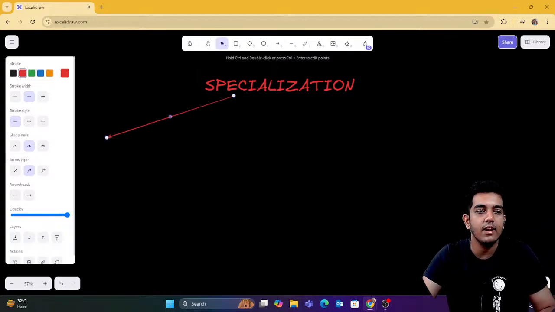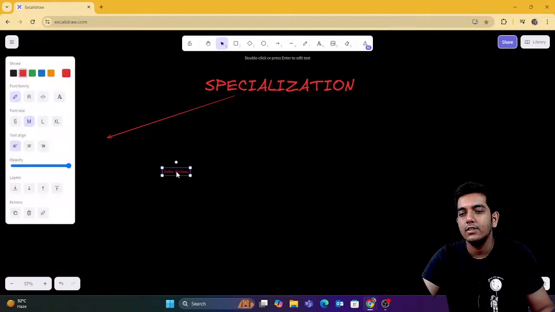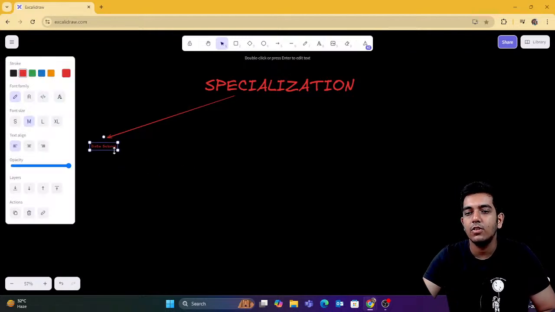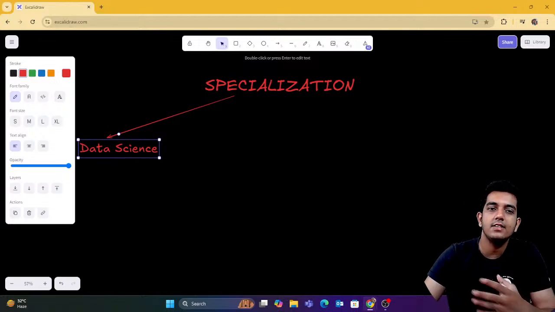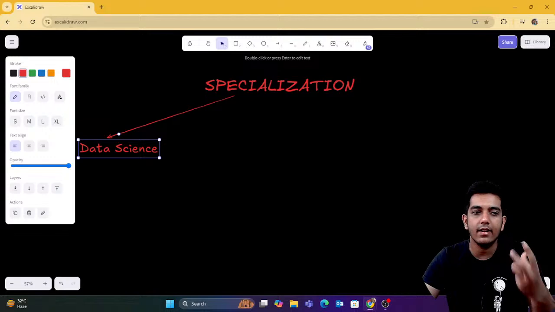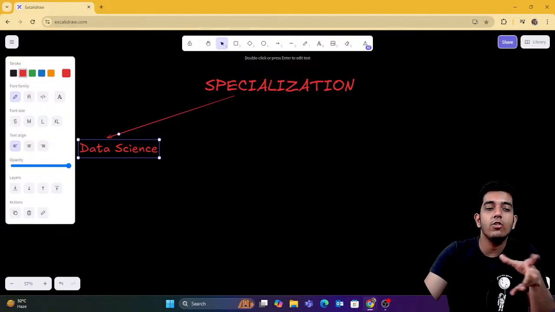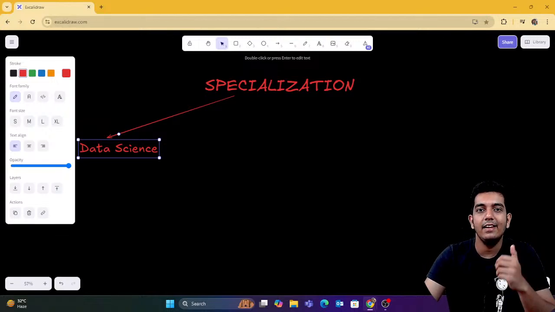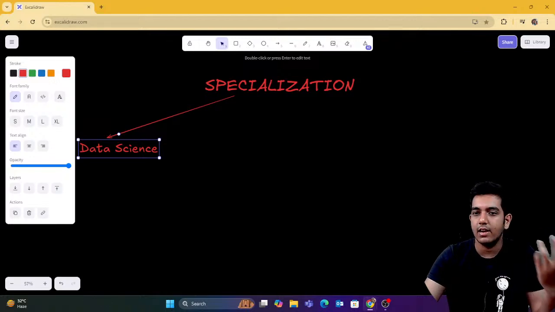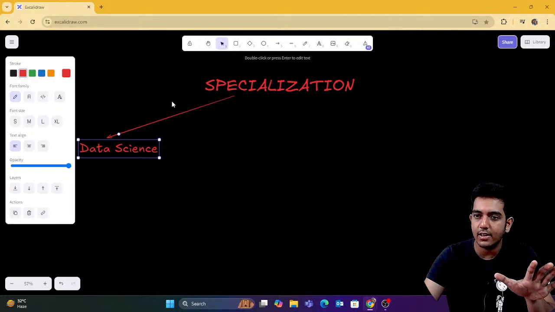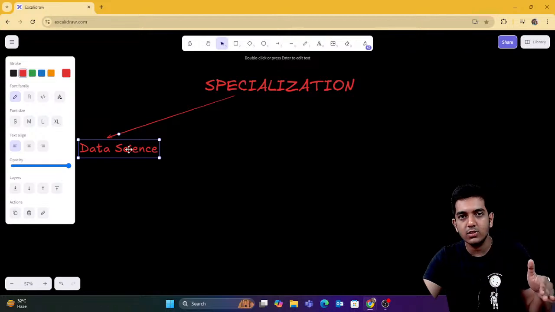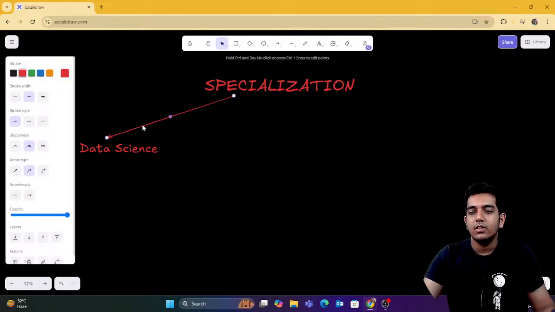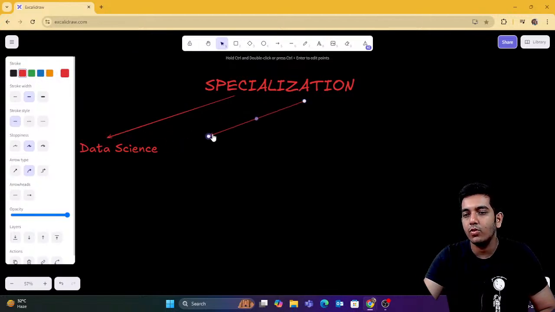First of all, the first specialization is data science. You can use Python for data science. We have libraries like NumPy, Pandas, Matplotlib, scikit-learn. We can learn machine learning concepts and work on algorithms like linear regression, clustering, and classification. Okay, so you can use it for data science. So you can go for the data science roadmap, or else you can go for automation. Let me just write it here.